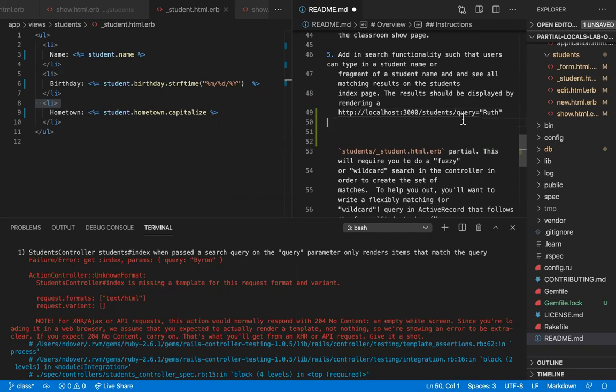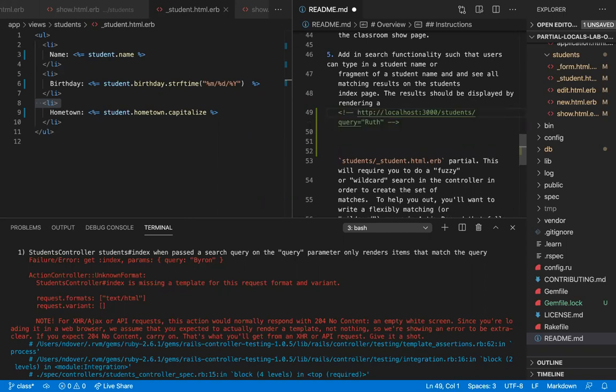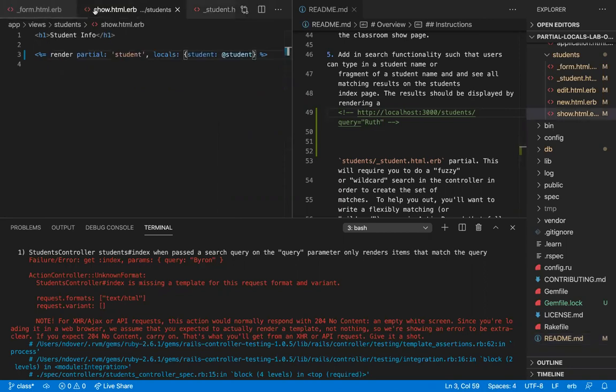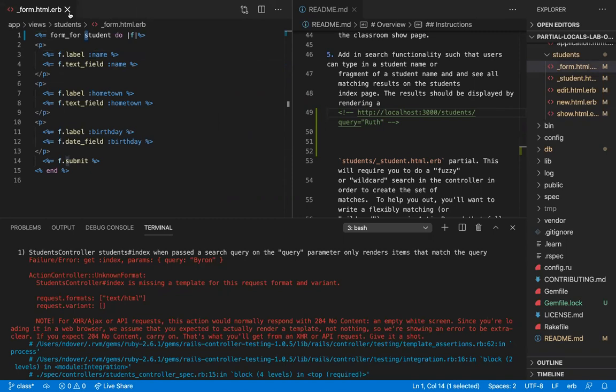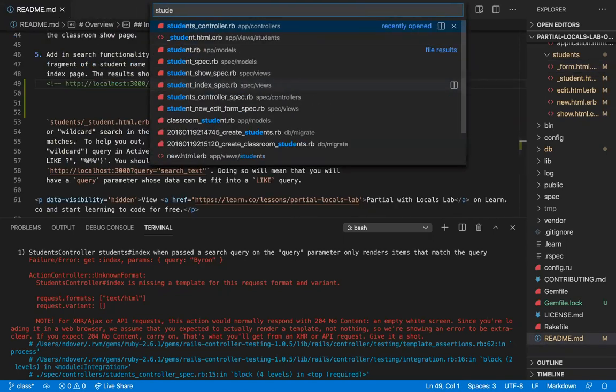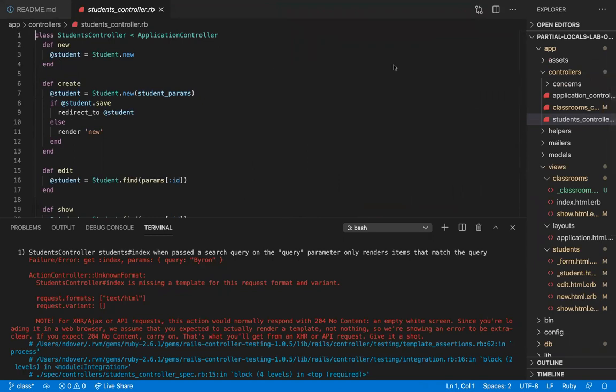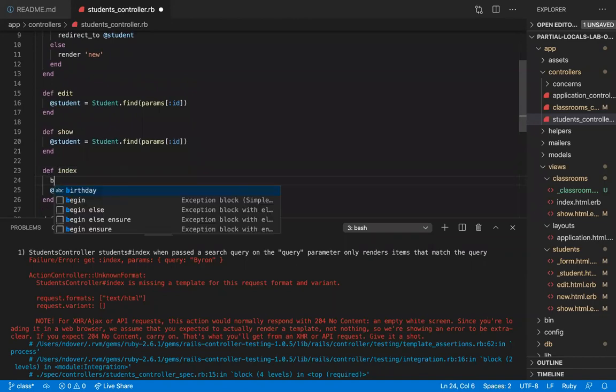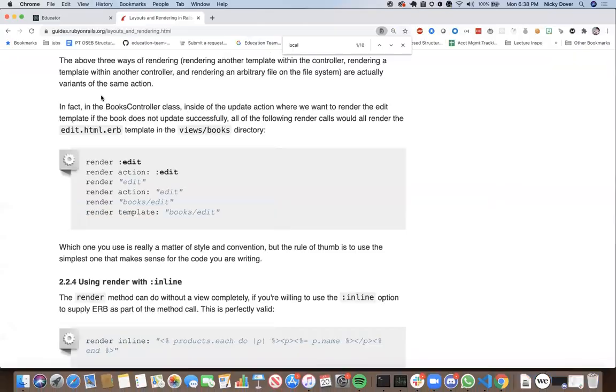So first thing I'm going to do is close a bunch of this garbage. And then the second thing I'm going to do is go over to the students controller. I'm going to put a byebug into index. And now over here,